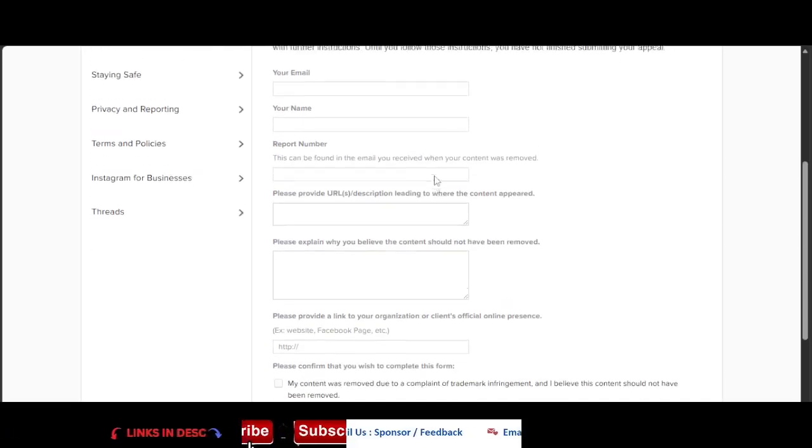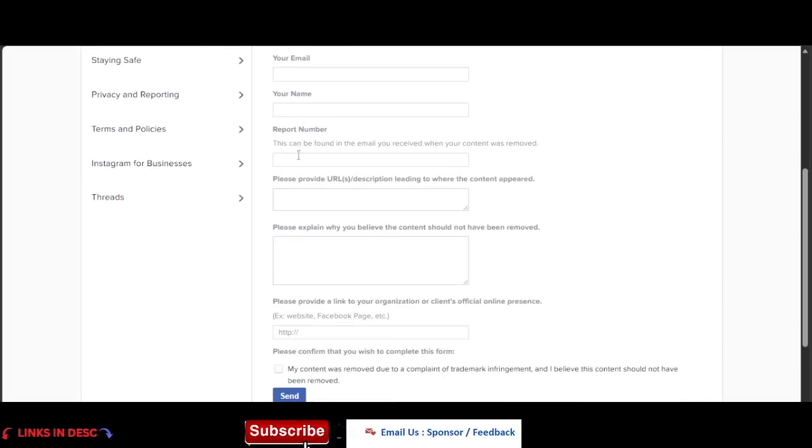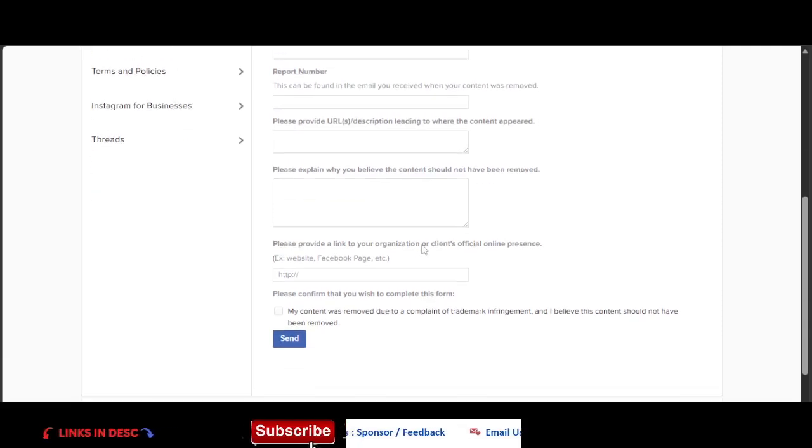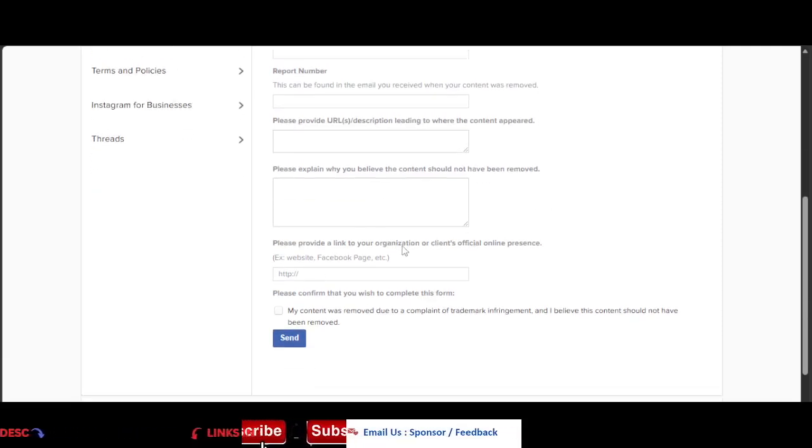Here: email, full name, then report number, URL where the content appeared, then your declarations and explanations, then a link to your website or Facebook page so that they can contact you. If it is related to Insta, you add your Facebook page URL. If it is related to Facebook, then you add your website, Insta, Twitter page, whatever. Any online presence link you can add. Then you check this box and